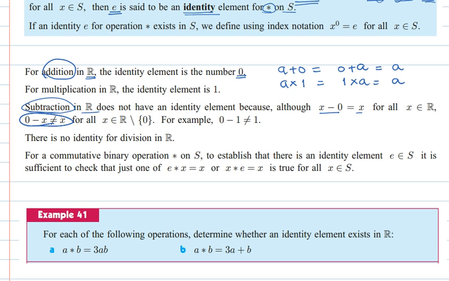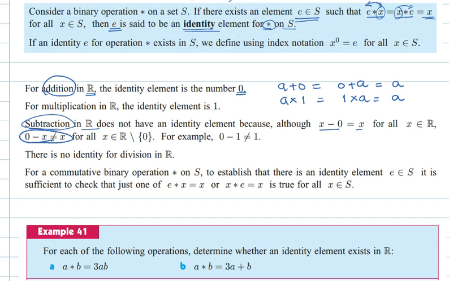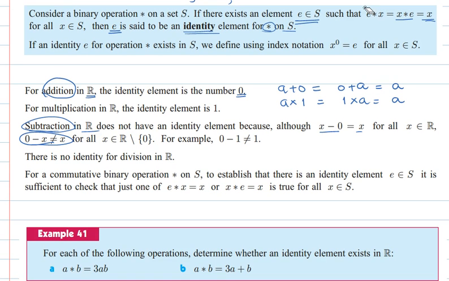Remember, for that element to be an identity element, it has to be true that E operation X is equal to X operation E, and in this case obviously X minus 0 is not equal to 0 minus X, so there is no identity element if we define the operation subtraction